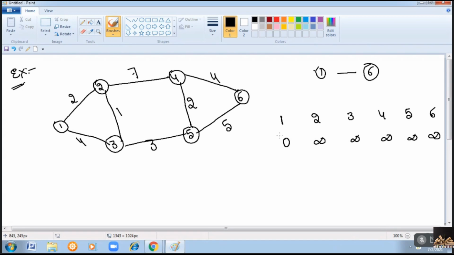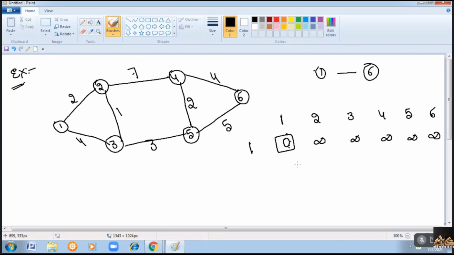Okay. So first row should be filled with the entries such that as the one vertex is your source, the value will be 0. Remaining all are unexplored, so they all are infinity. Among all these, 0 is the minimum value, so mark it as permanent. So which vertex is marked as permanent? 1. So first row will be 1.